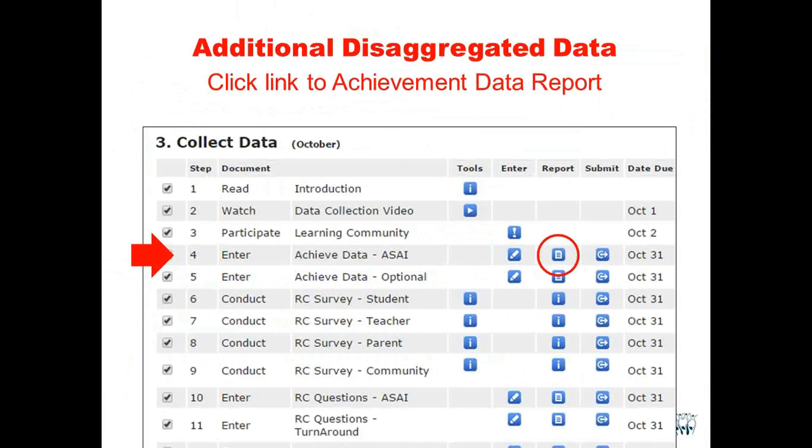To find this data, we need to open your achievement data report. So on the process page in the October tasks, which were the collect data tasks, on line 4 is where you went to enter achievement data. And over in the column under the report column is the icon then where you would click to open the achievement data report. So if I open that report,